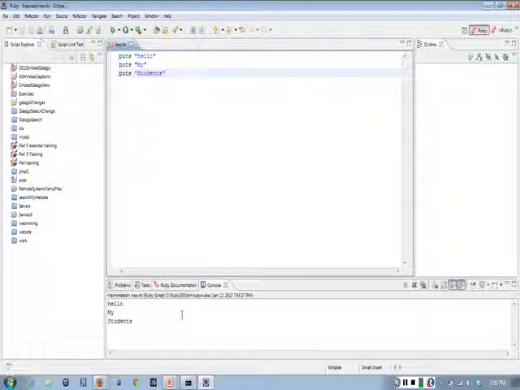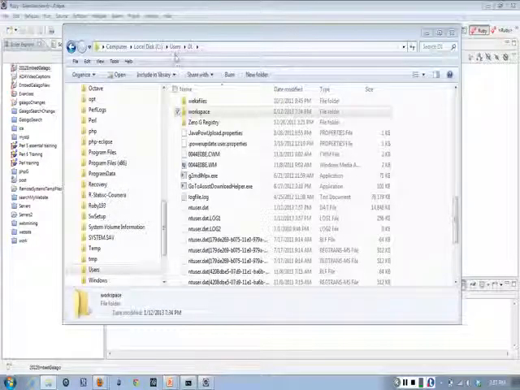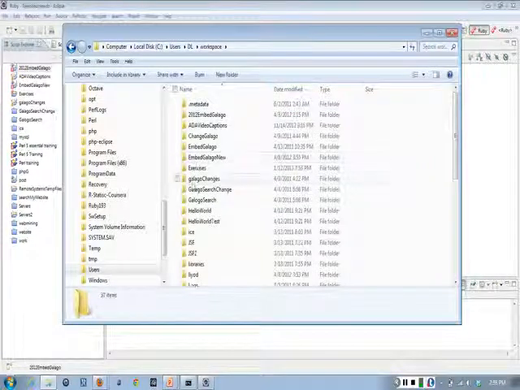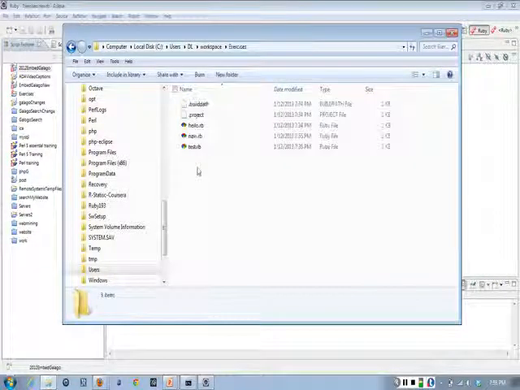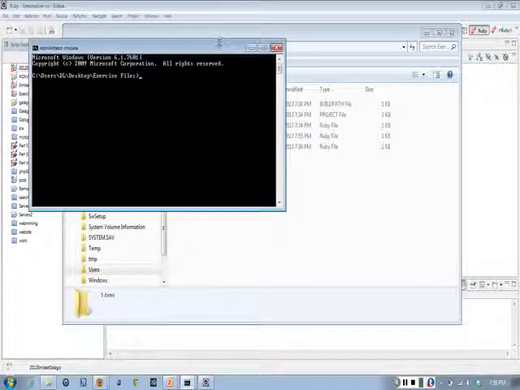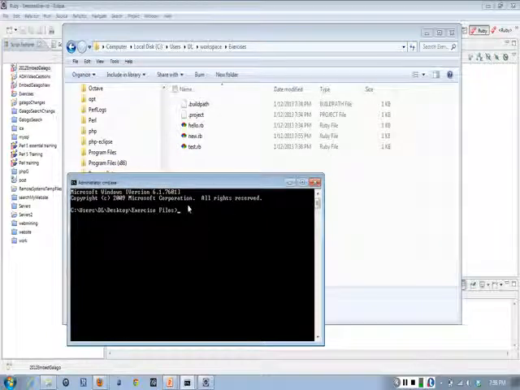This application that we just saved, we can run it also from the command line. The workspace is C, users, DL. Okay, so we have exercises over here. So these are our programs. The one that I just created is new.rb. So let us go to the command line if you want to run it, just to try both solutions. Here I will go back to desktop, and from here go to users